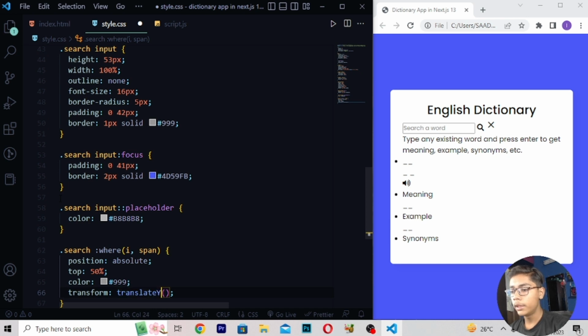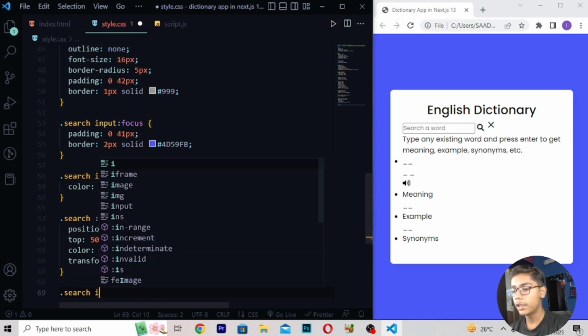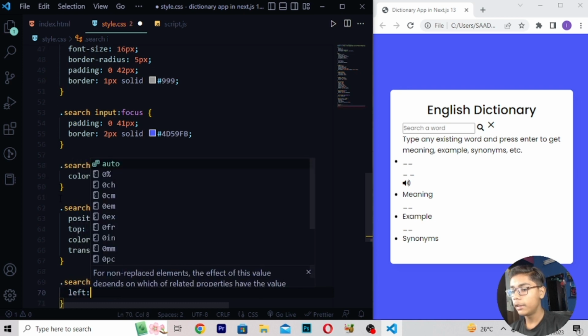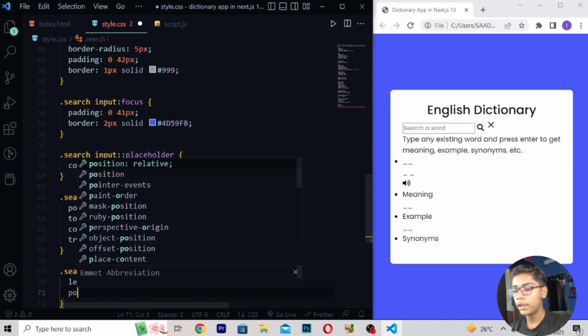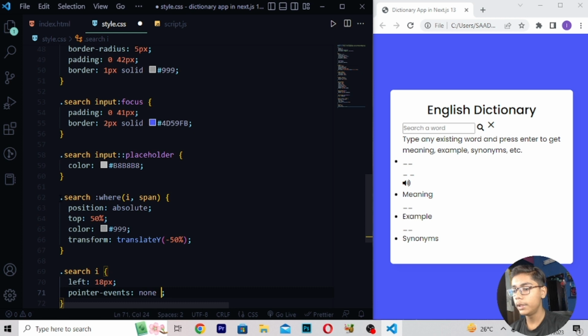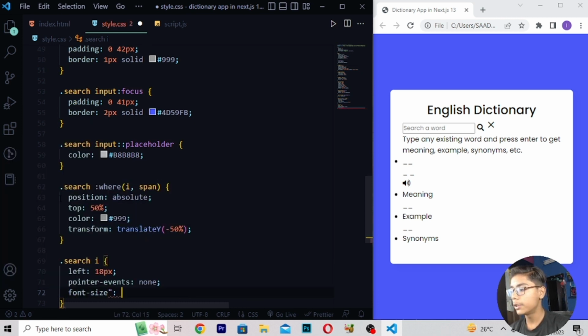Here you have to write transform, then right here translate Y. So here I will be moving right here, then when you've written this translate Y, here I will be now just moving forward, right here minus 50%. Here you have to write search I tag, then here I will be writing left 18 pixel, right here pointer events which should be none, right here font size which should be 16 pixel like this.